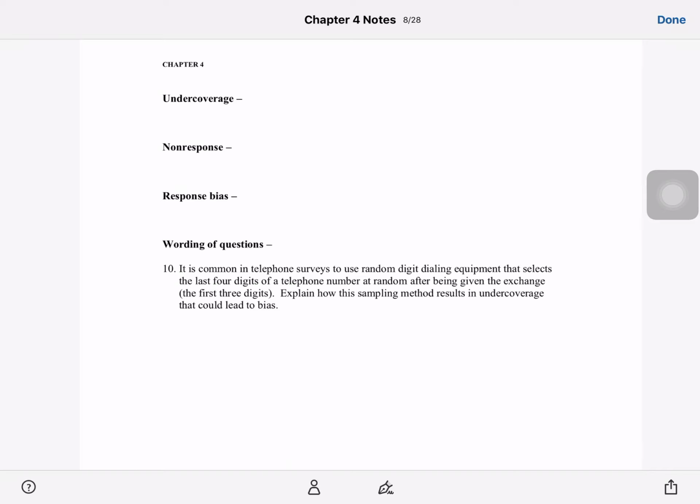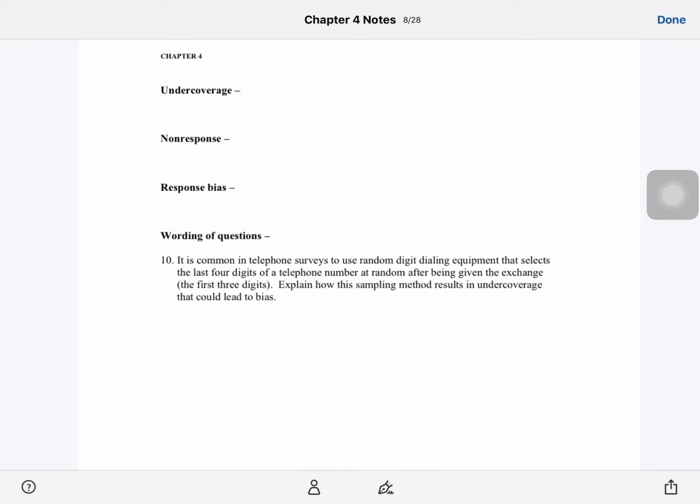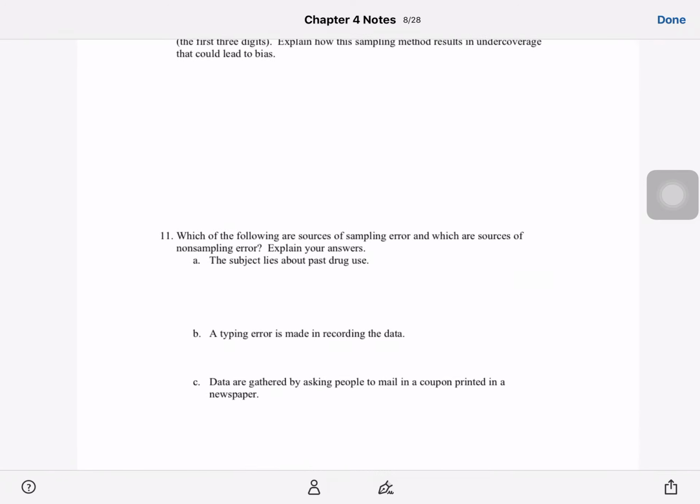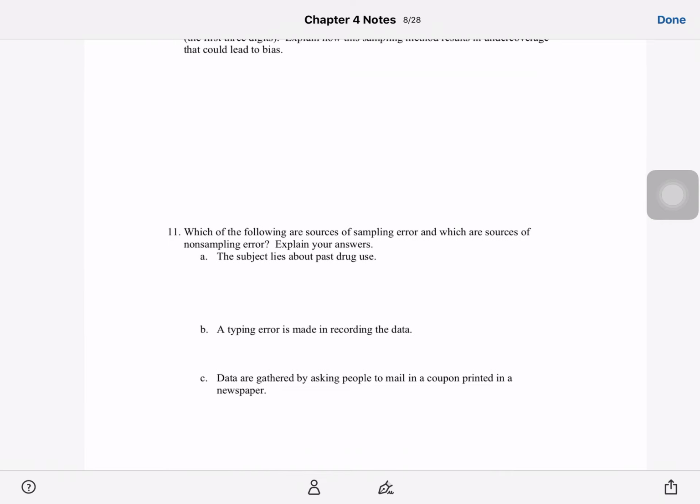It is something that has affected you so that you respond a particular way, and the wording of the question is oftentimes the most important reason for that, but sometimes it's the person who's doing the questioning as well. So we will also talk about some of these other things in here with numbers 10 and 11